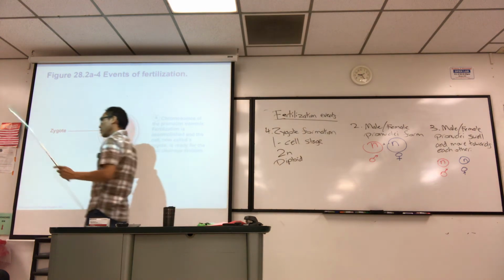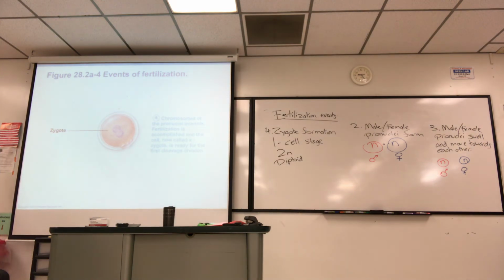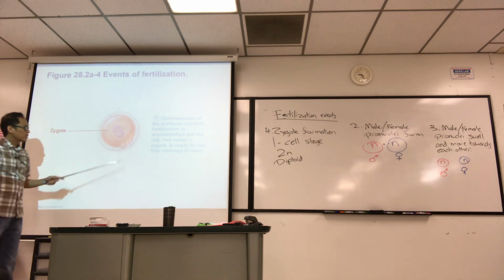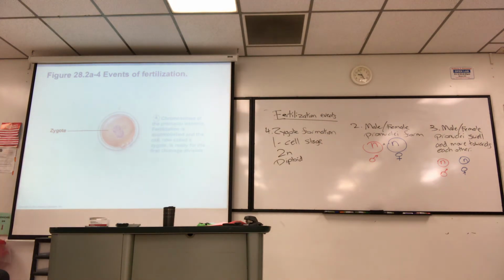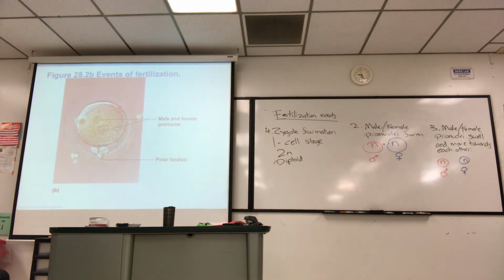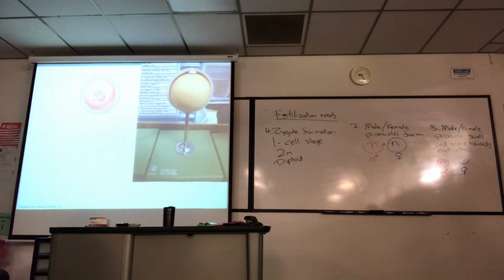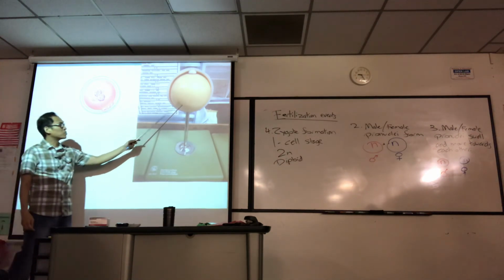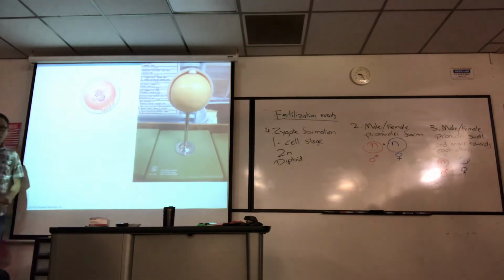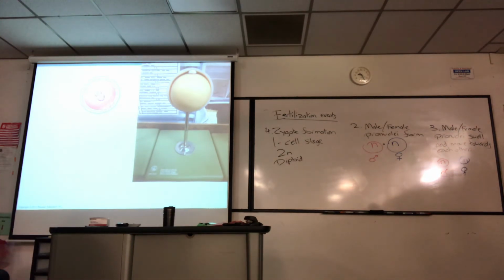Do you see zona pellucida? Yes. Do you see corona radiata? No. Gone by this time. It's about a day. You know, all this stuff takes about a day. I see polar bodies stuck inside zona pellucida, chromosomes in the mix. Here's a real picture of it. I see a faint zona pellucida. I see the pronuclei fusing, polar bodies stuck inside. So basically, we have a model of a one-cell stage. Not much to look at, just one cell. All the good stuff's happening inside. The chromosomes intermixing. It's getting ready to become a human.